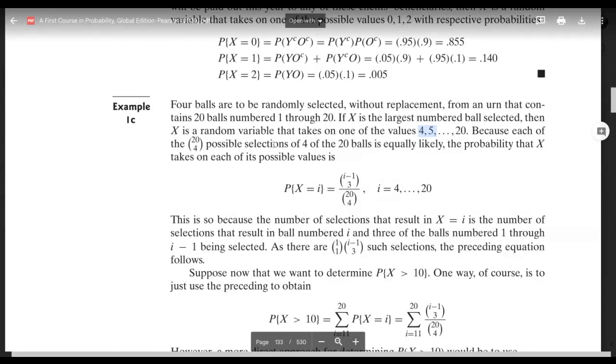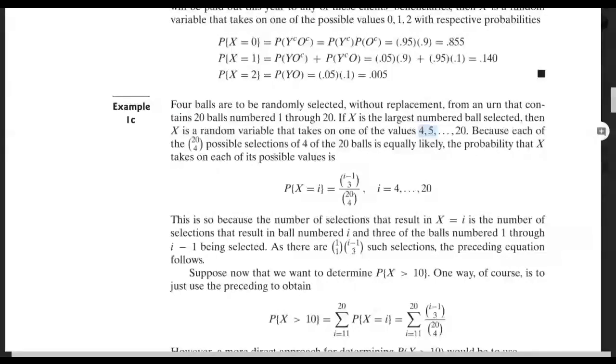Because each of the 20 choose 4 possible selections of 4 of the 20 balls is equally likely, the probability that X takes on each of its possible values, where i is from 4 up to 20, then the probability of X to be i is